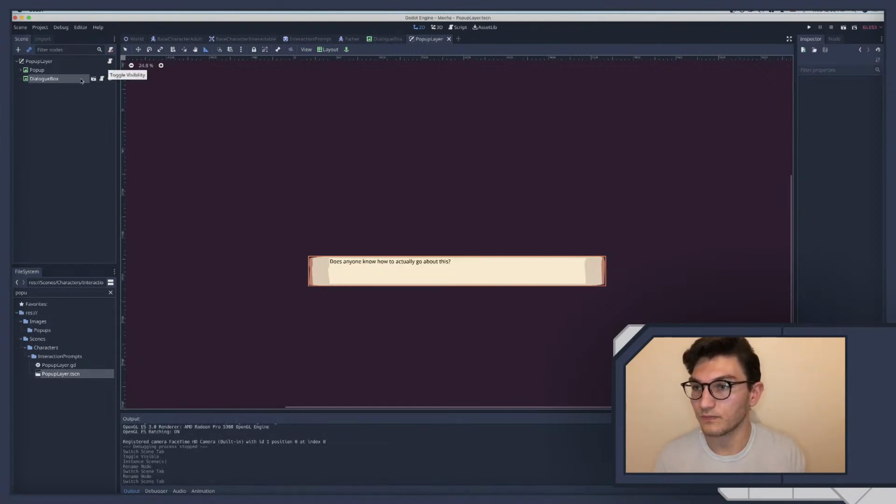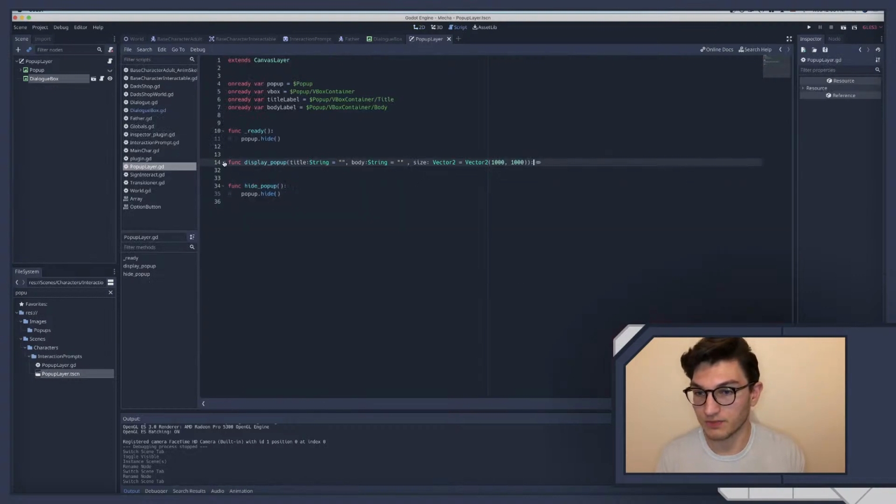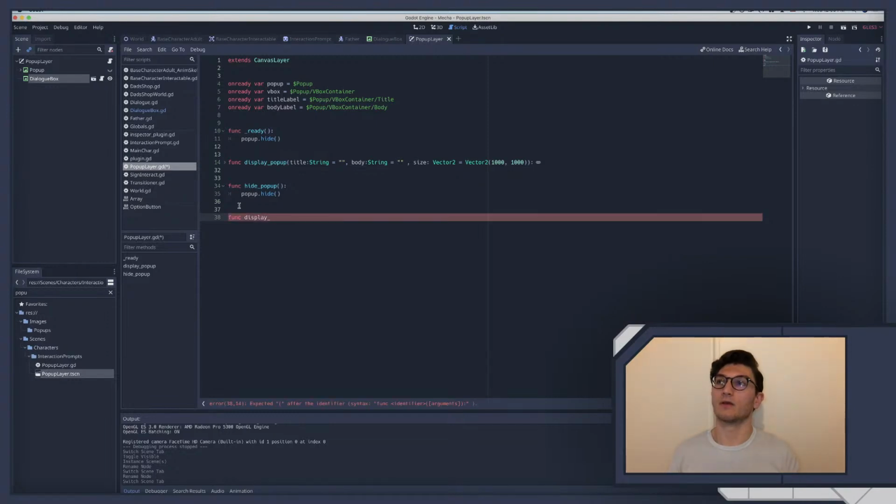So we'll probably need to do quite a bit here to actually get this working the way we want. But here we have a function called display popup, and then we have hide popup. Okay, and then we're going to do function display underscore. Yeah, here's what we'll go. So display dialog,